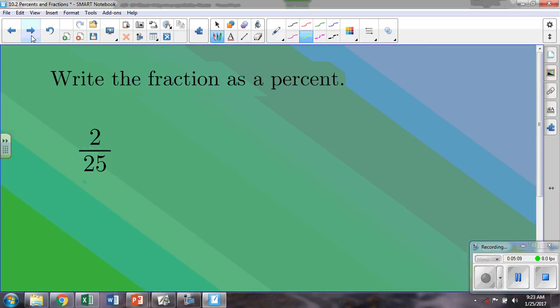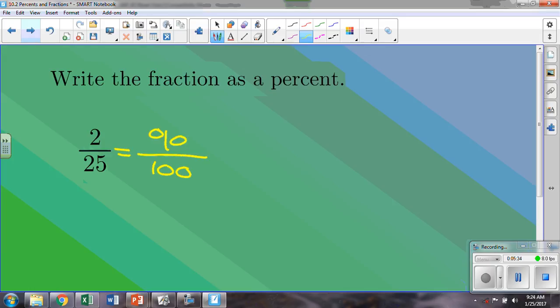Okay, write the fraction as a percent. Well, there are different ways of doing this. The main one that we are going to focus on is using the proportion method. There is also a decimal method, which we'll actually use with our next lesson. But in this video, we're going to focus on the proportion method. The percent that we're looking for,